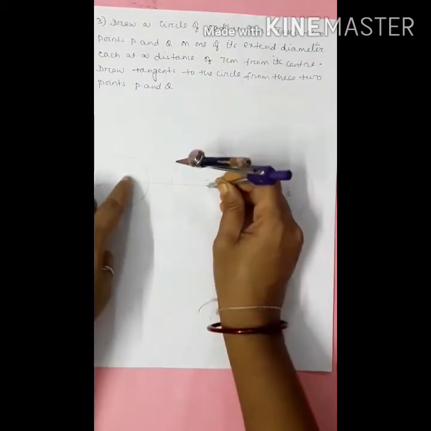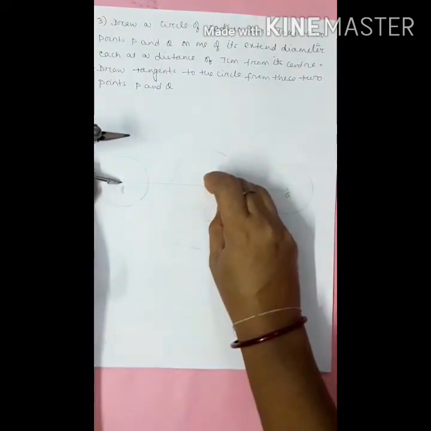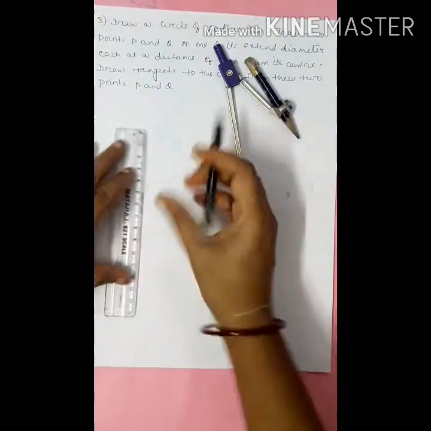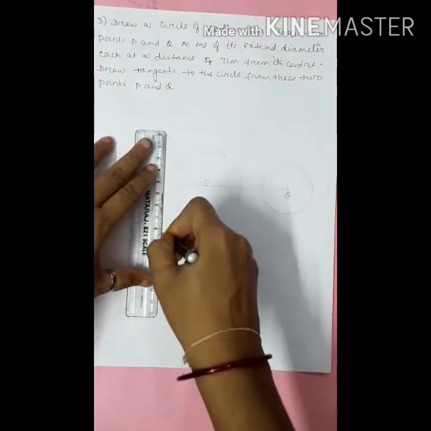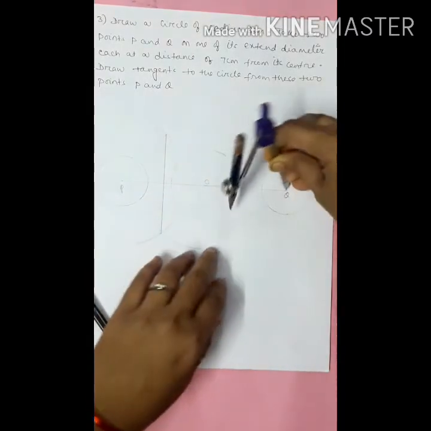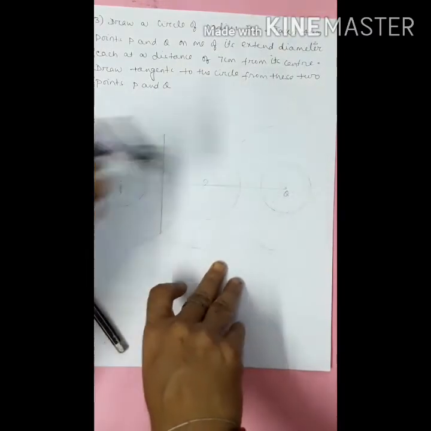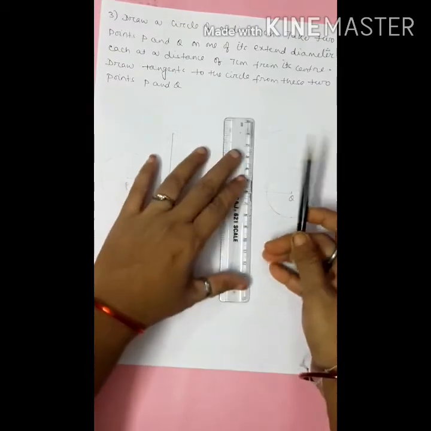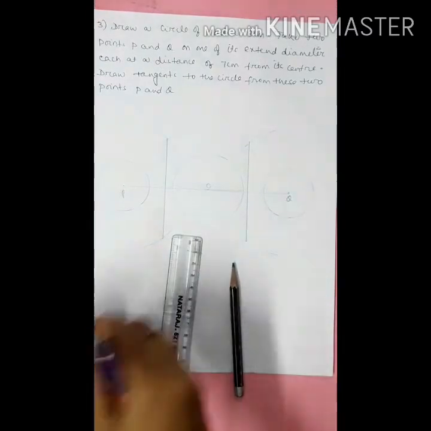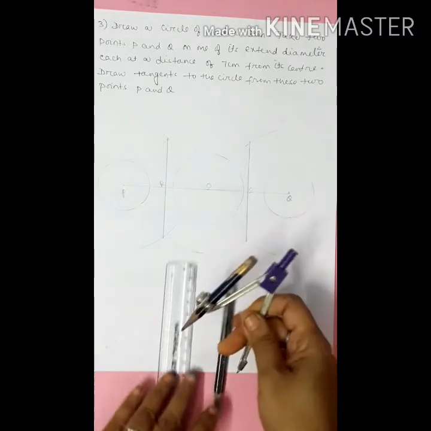Take OP and bisect OP. Take any radius, the same radius, don't change it, take P as the center, and bisect the line segment OP. Now join this. Similarly we can construct the line segment bisector of OQ. Join this perpendicular bisector. Now mark these points R and S. Clear.